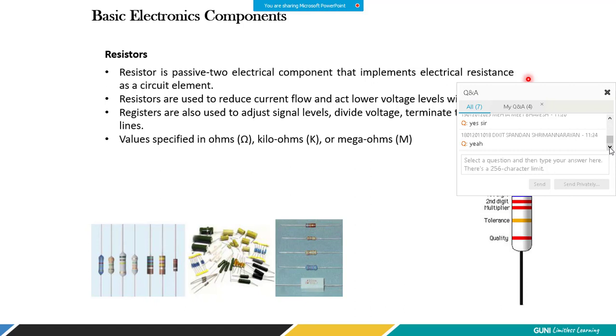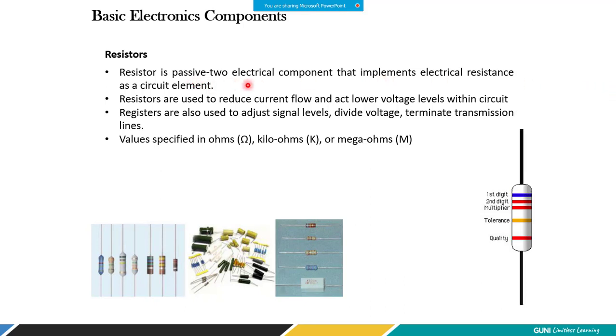And there are two things I said about the table to calculate the value of resistance, right? One is B.B. Roy goes to Bombay via Gateway of India, and another I said about Gujarati medium students. Okay, great. So a resistor is a passive two-terminal electrical component that implements electrical resistance as a circuit element. Resistors are used to reduce current flow and to lower voltage levels within a circuit.